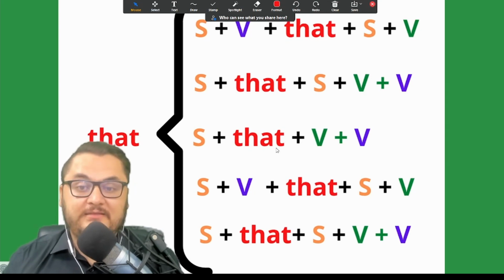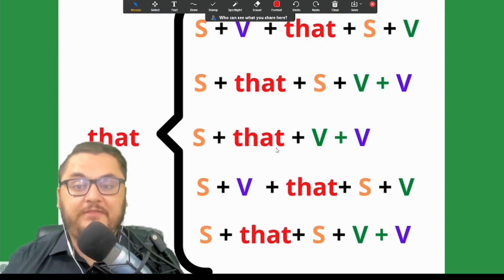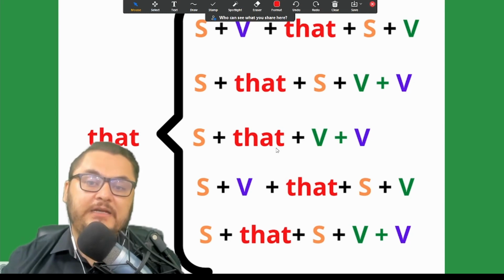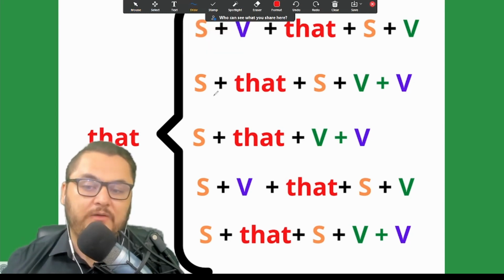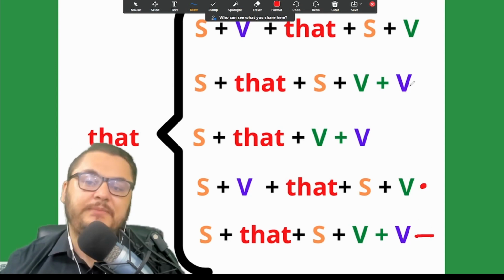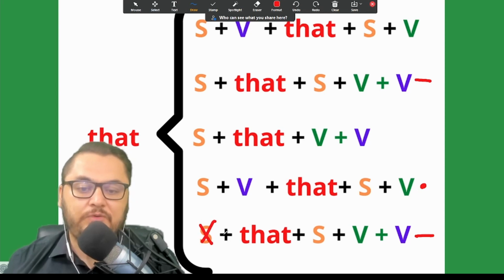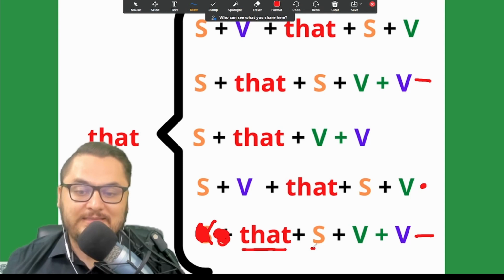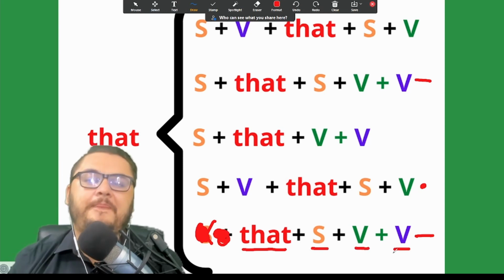Subject that subject verb and verb. Subject that two verbs. And then here I have noticed something that we can also contribute. So here we have subject verb that subject verb, which is okay. But if you notice, this is the same as this one. So what if I just cut this to create a new rule? And it is going to be like this: that subject verb and verb. Okay, so